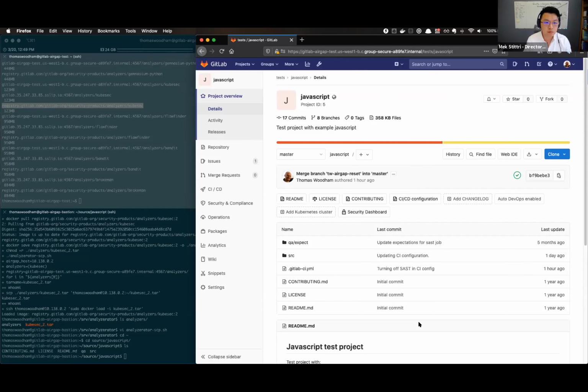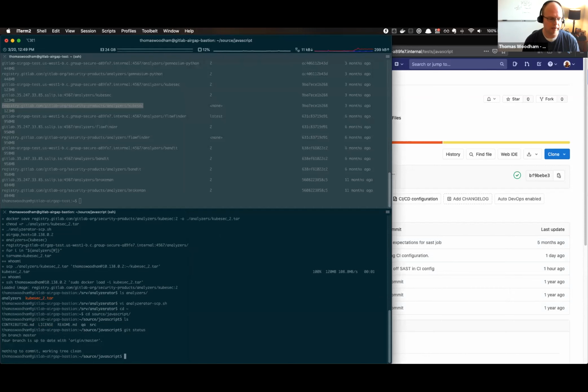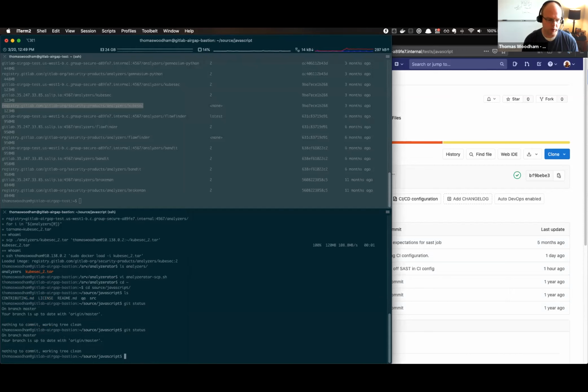Okay, I'll keep going. All right, and I jumped ahead a little bit. So there's 2 groups that have been configured on this particular instance, one for analyzers, another one for tests. And I've jumped into a project that's a JavaScript test project of ours, and that has been preloaded here. I also have this checked out on the Bastion, so that we can actually push this through an MR workflow as a part of this demo. And so git status, we're on master,